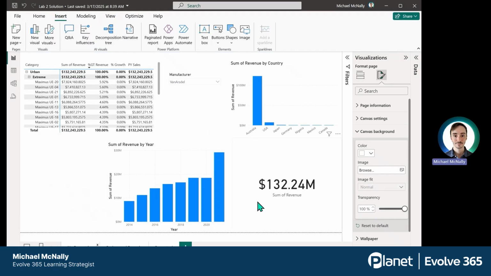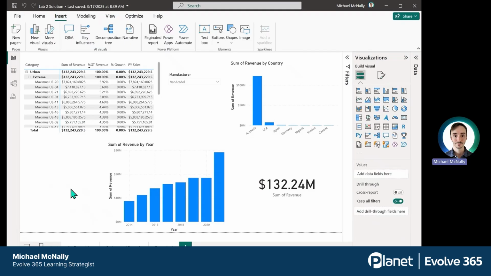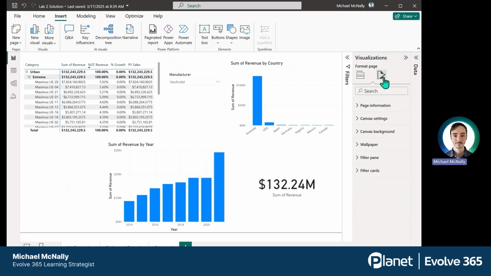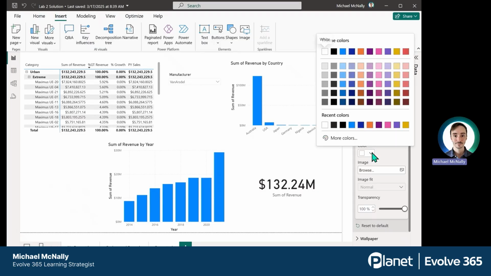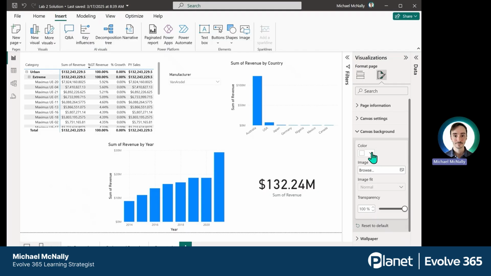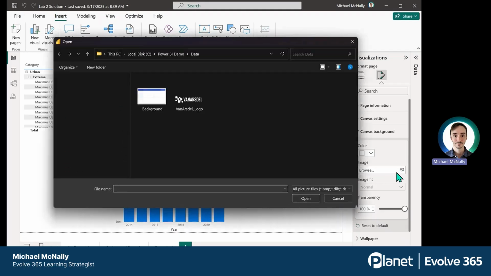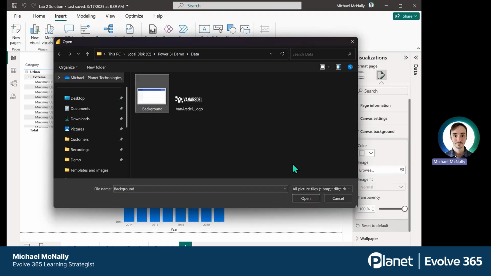So going back to the original page, I'm going to make sure I have a single click on the background so none of these visualizations have been selected. On the right-hand side within our visualizations column, I have this format your visual icon I can select, and when I come down, there's a canvas background tool. When I open this up, I can choose a specific color for my background if I don't want to use an image, but today we will be using that image. Below, here's the image option, so when I hit browse, I'll just find it on my computer, make that selection,